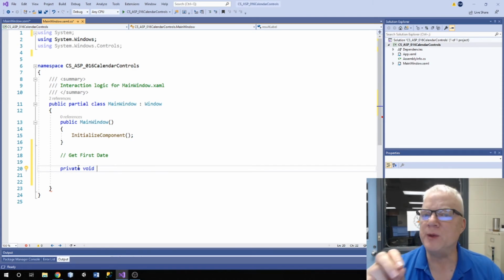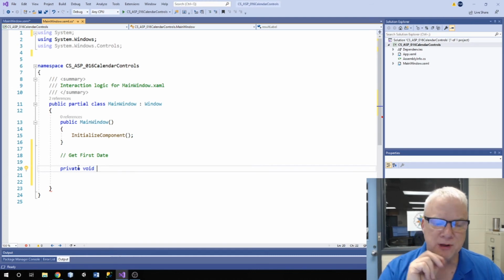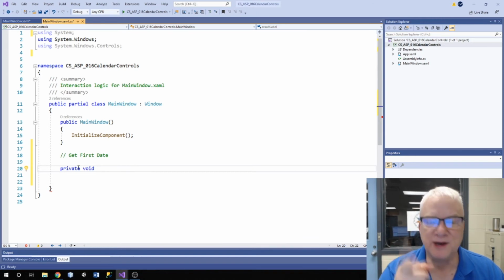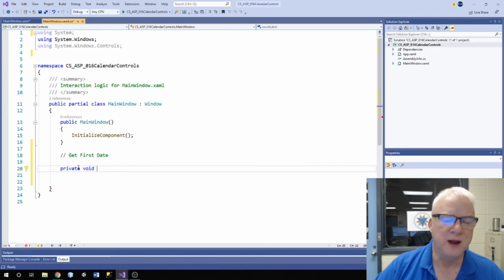Okay. Now, just because I print something out to the screen doesn't mean that I've saved that information any place or done anything with that information. So this private void tells you there's no information coming out of this little method call that I'm building here. In this case, not a method call, but an event is what I'm creating. Okay, so private void